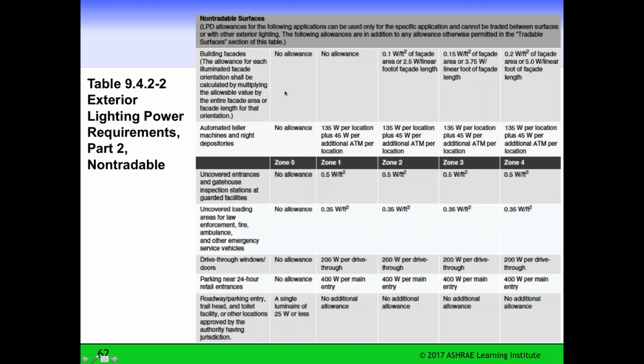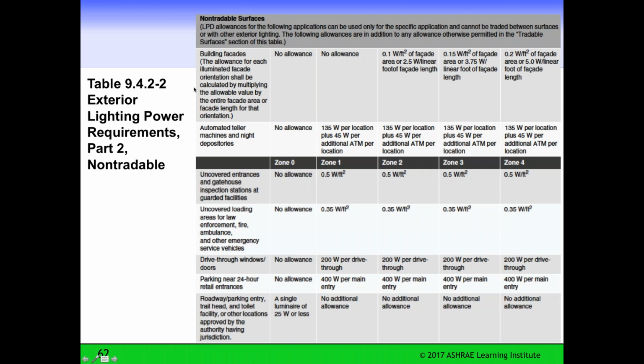So the only thing that varies in these non-tradable is the amount of lighting you're allowed on the exterior facades of the building, and you're not allowed any allowance in either non-developed or developed areas of parks. And the allowance on the facade for a suburban or residential area is 0.1 watt per square foot of facade, and it goes double that in a high density urban area.